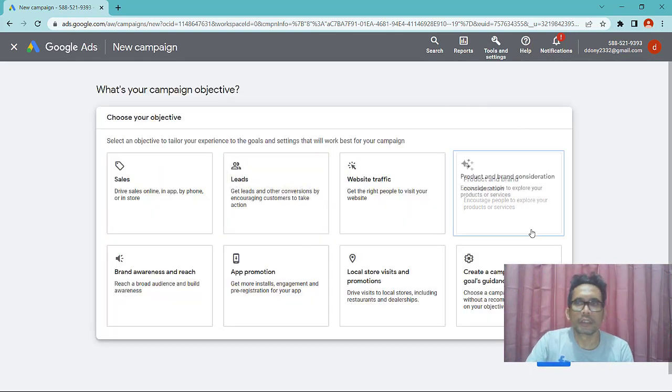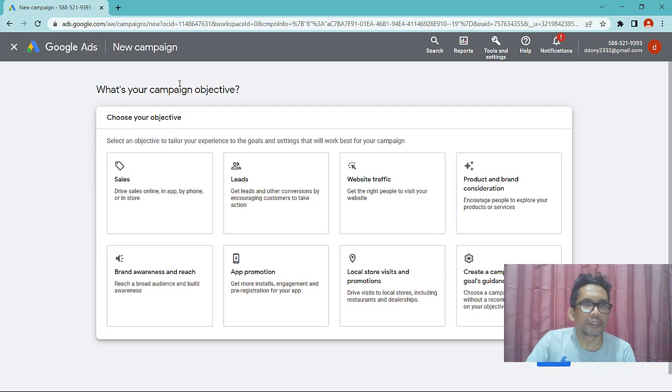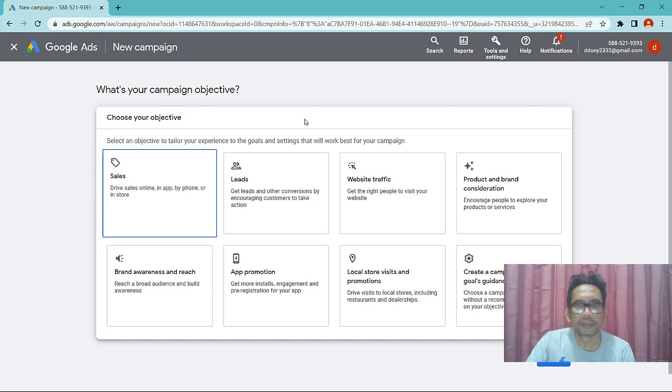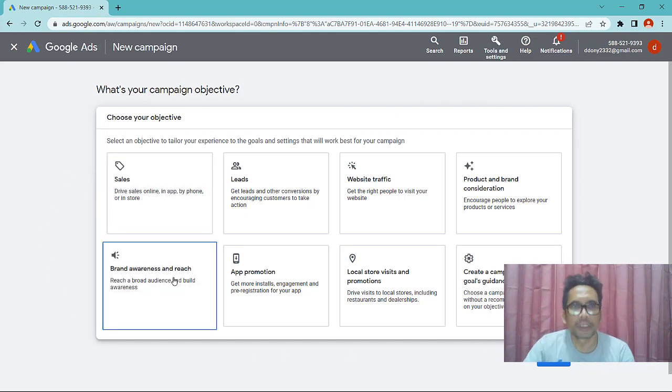Okay, on your Chrome screen, you will see Google will guide you to know what your campaign objective is. In this screen, we have several campaign objectives.